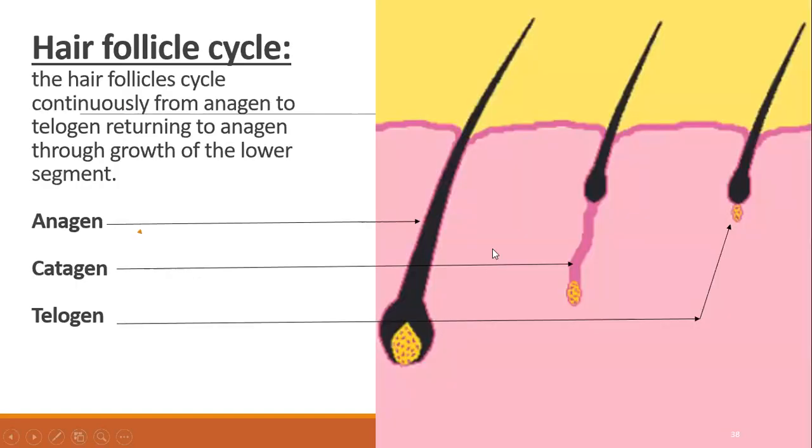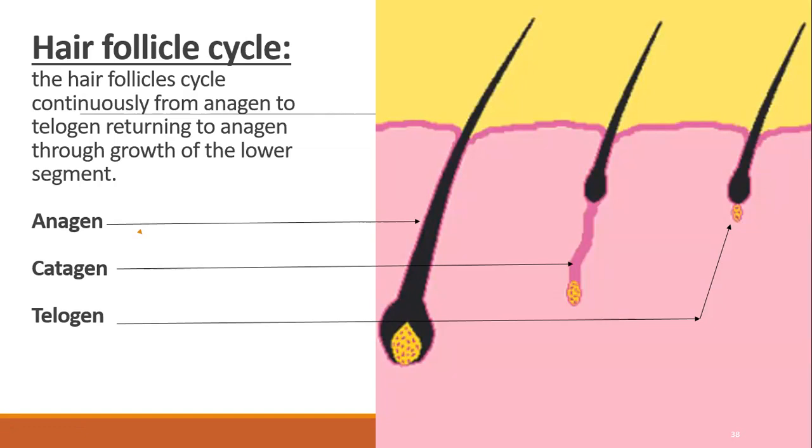Now the hair cycle. The hair follicle is not a fixed structure. There is continuous change in the hair follicle over a specific time period, and these changes are called the hair cycle. So mainly there are 3 kinds of hairs